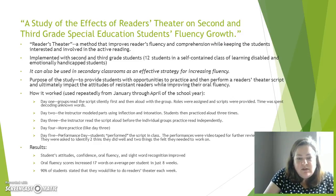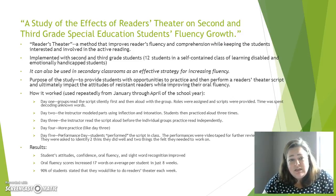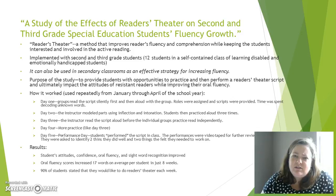That's who the focus of this study was on. It can also be used in secondary classrooms as an effective strategy for increasing fluency. I've actually personally seen reader's theater used in a high school setting. And not only does it help with fluency, but it also helps to keep students engaged in the reading of